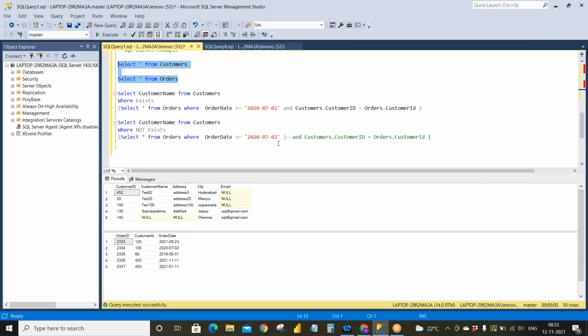So if this particular condition is satisfied, that means this particular condition is true, then it won't retrieve any results for me. But if this condition is false, it will retrieve the results for me.